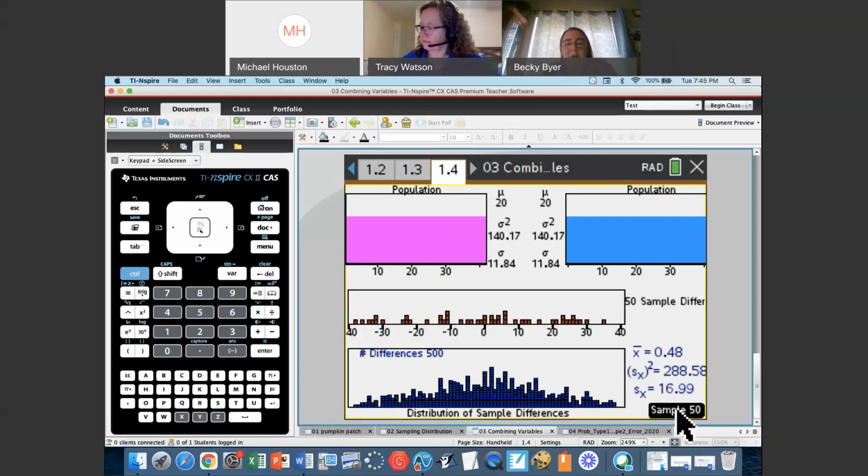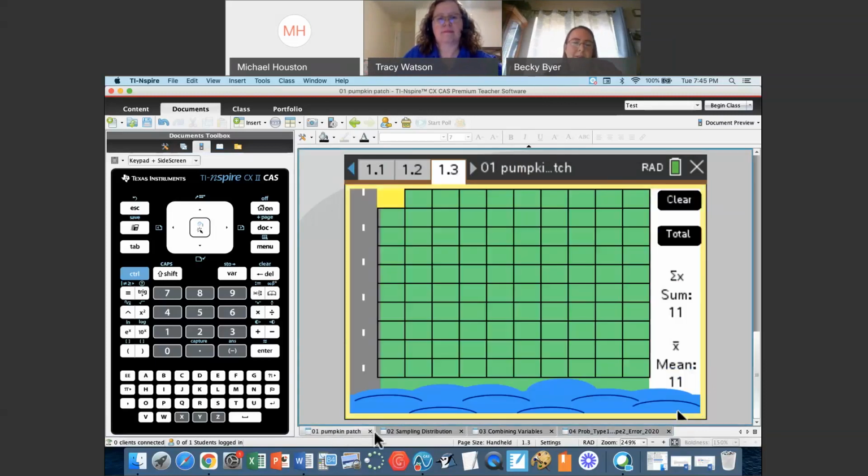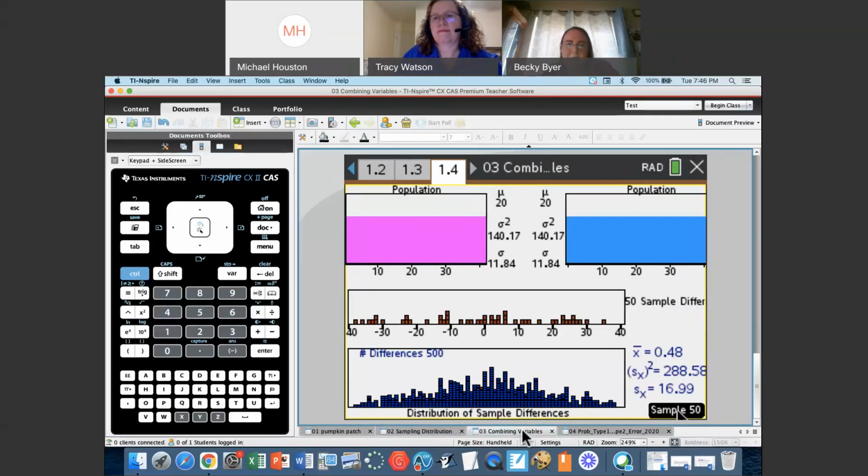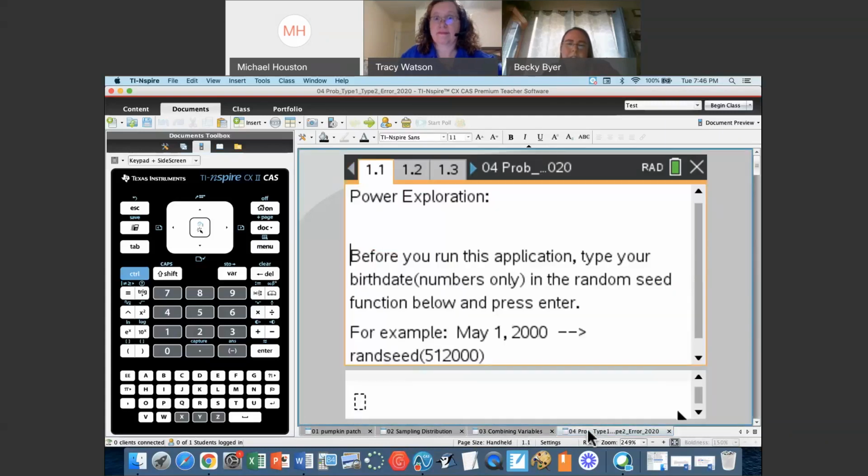Okay, so we started with how to collect data. We talked about different ways to take samples. We've gone to sampling distributions. Now we're going to jump into hypothesis testing and talk a little about type 1, type 2 error. So this one does not have the random seed in the code. For those of you who have been waiting for the random seed to pop up, I did this activity today with my students, and if they all type in the same random seed, you all know what they're going to get, the same results.